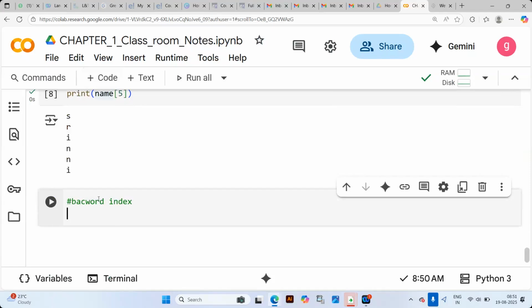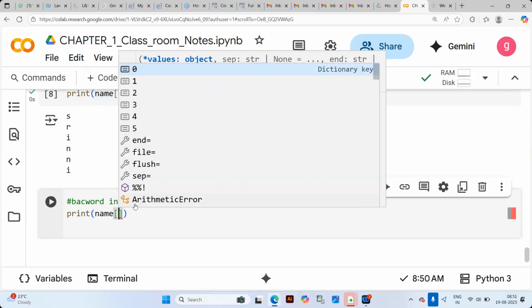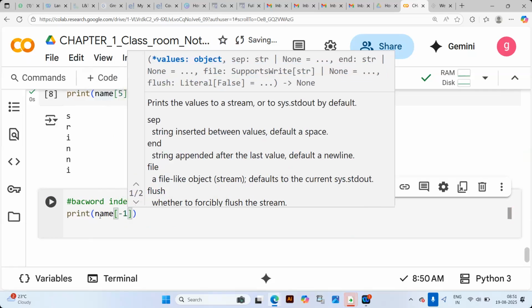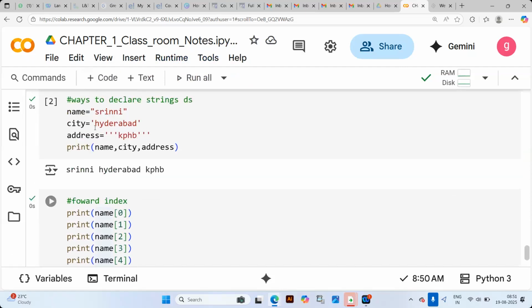Let us clarify backward indexing. What do you mean by backward indexing basically? It is also known as the right to left indexing concept, which means what? Print name of -1. What output are you expecting if I give name of -1?